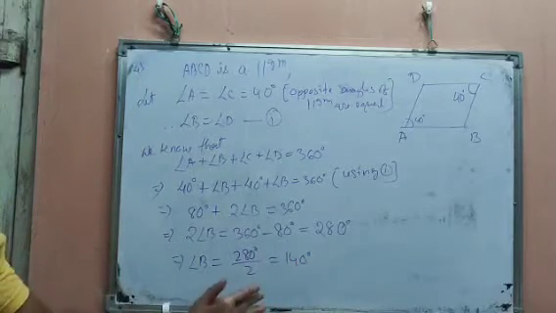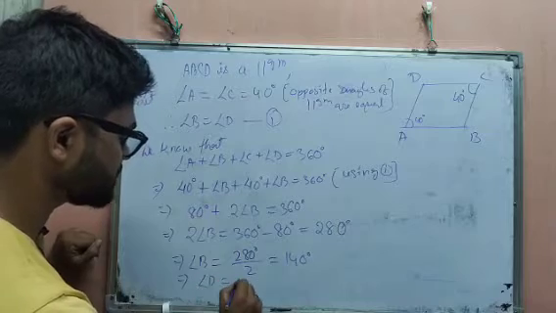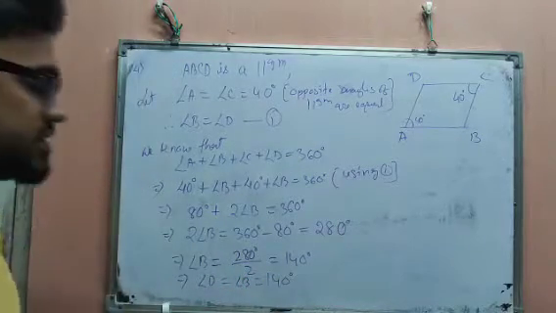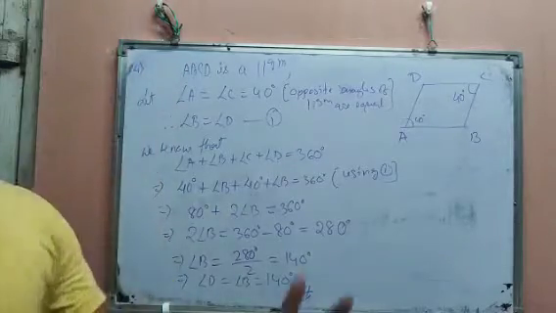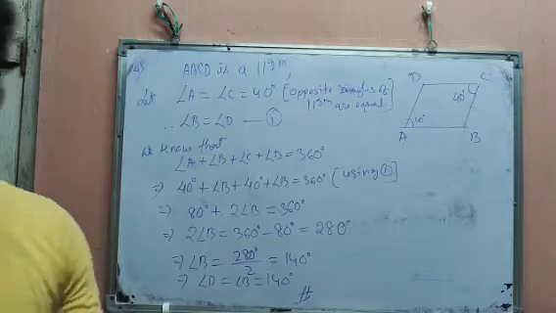But angle B is equal to what? Angle B is equal with angle D also. So D equal to also angle B equal to 140 degree. Okay, this is our required answer. That all the angles we get the value, A value, C value 40, and B and D value equal to 140. Okay.